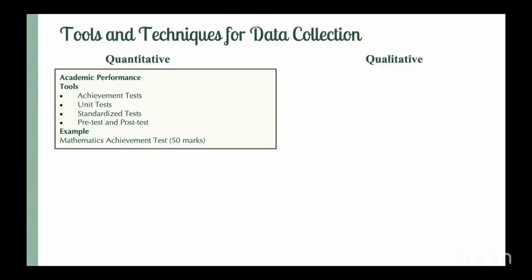For quantitative, for academic performance, you can have an achievement test, even the class test, the unit test or some standardized test, and your pre-test and post-test scores, right? You prepare a test where you want to understand certain aspects of peer tutoring and in particular subjects, some kind of information. Then you validate it, you establish the reliability, and the same test, post-test, after the intervention, that is after having the peer tutoring, right?